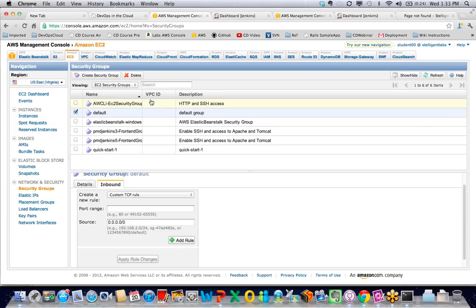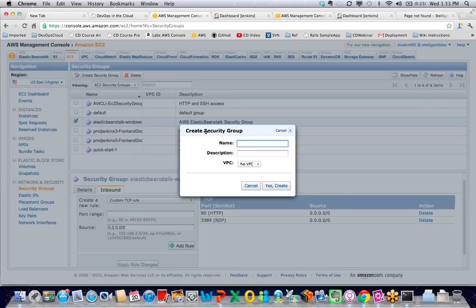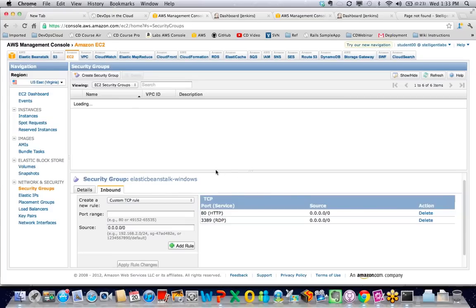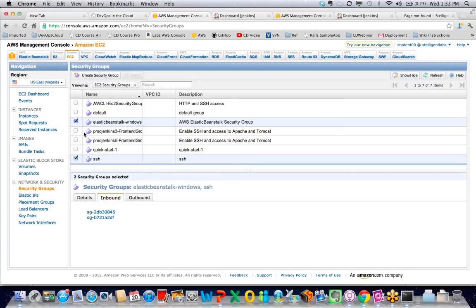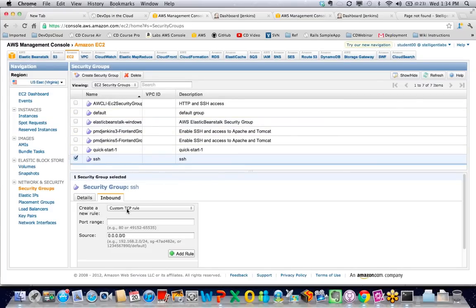You can define inbound access, but you can also define across, like one group within the AWS infrastructure. You can define one group that has access to another group. So you can define it within the infrastructure, but you can also define internet-based access as well. So I can create a new security group and call it SSH. Hit create,